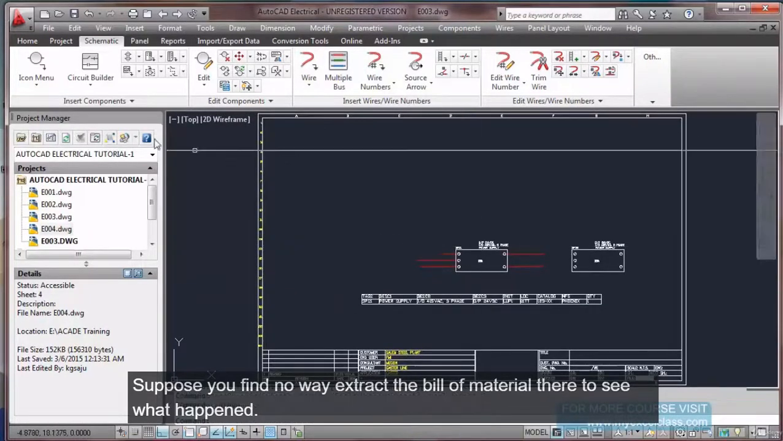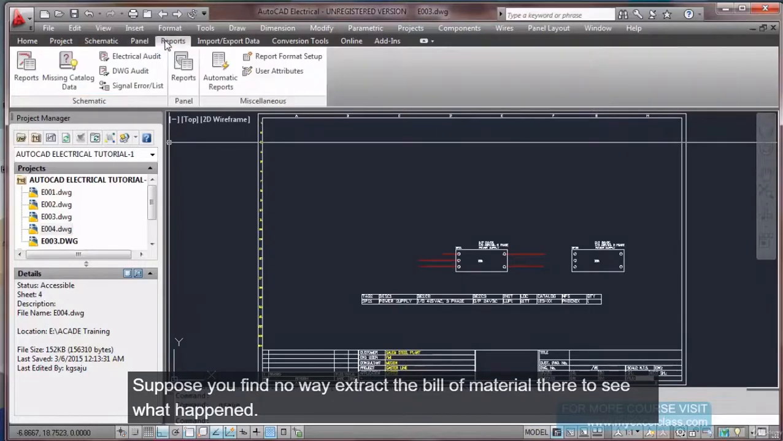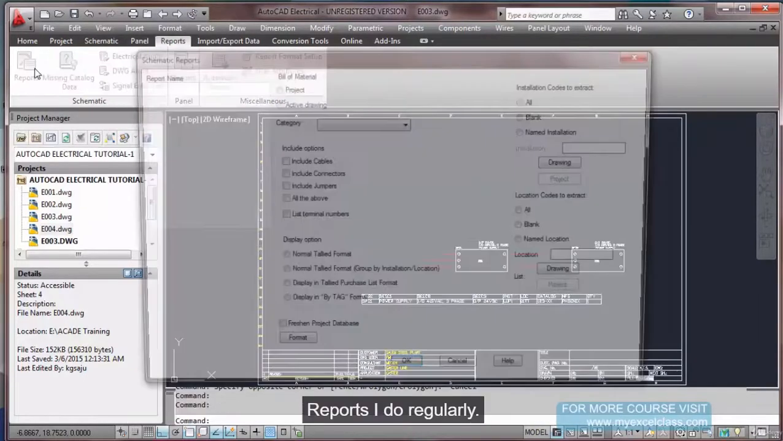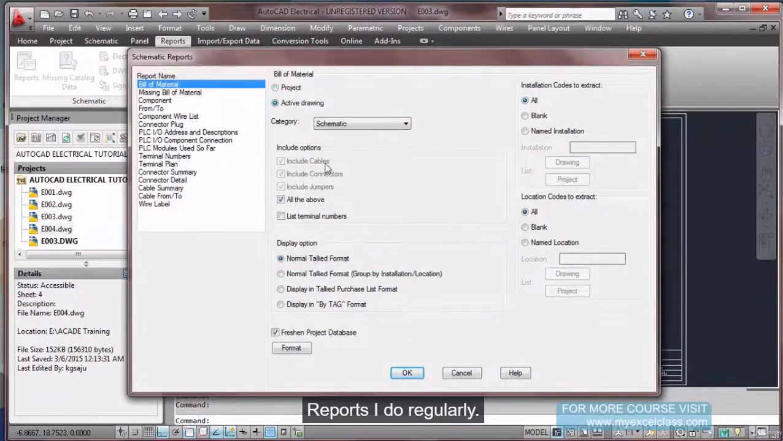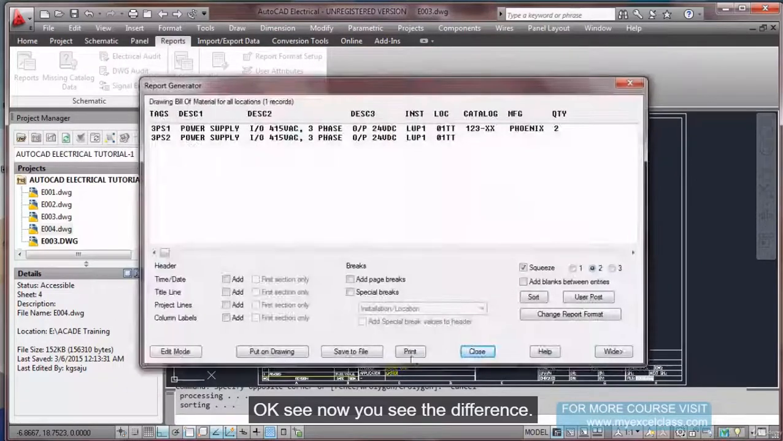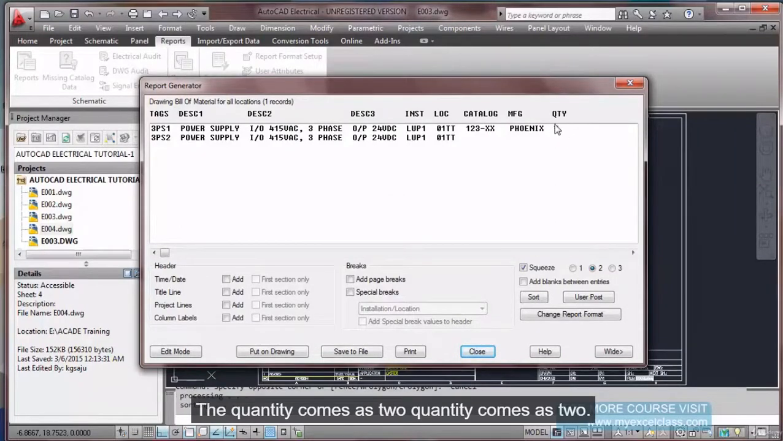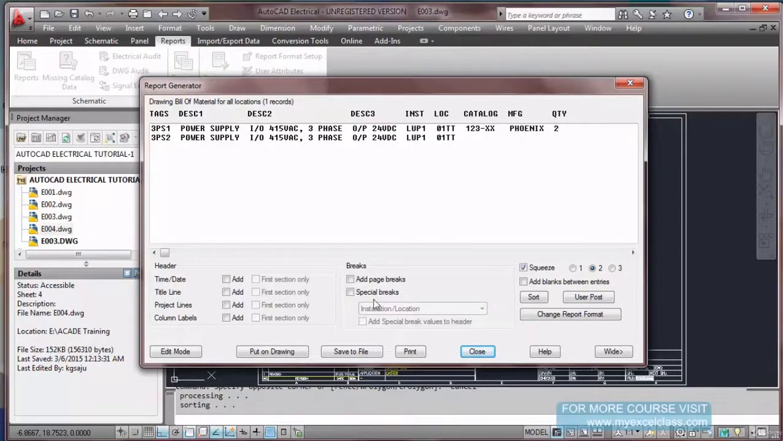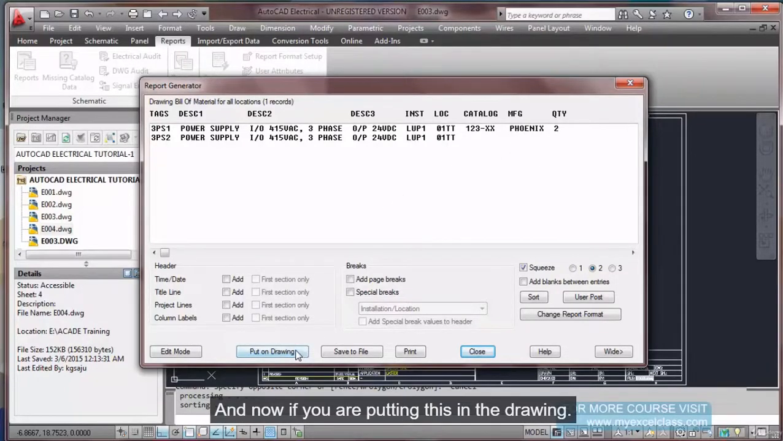Suppose now I extract the bill of material, let us see what happened. Reports, active drawing only. Okay, see, now you see the difference. The quantity comes as 2. And now if you are putting this in the drawing,